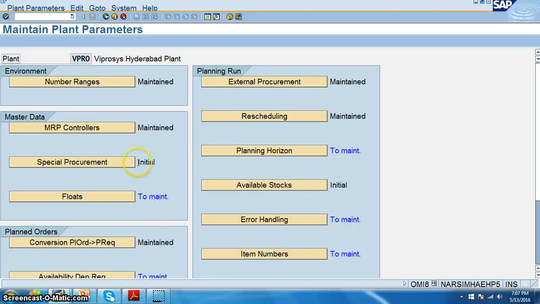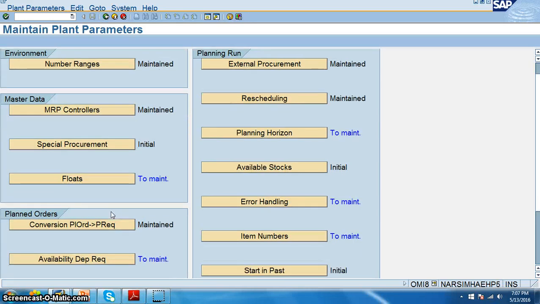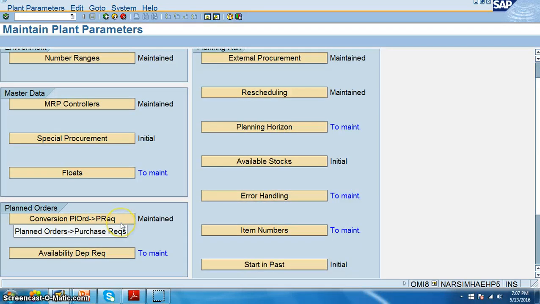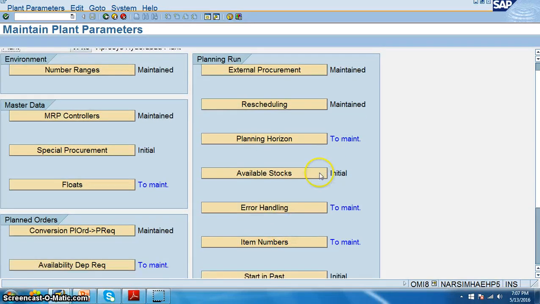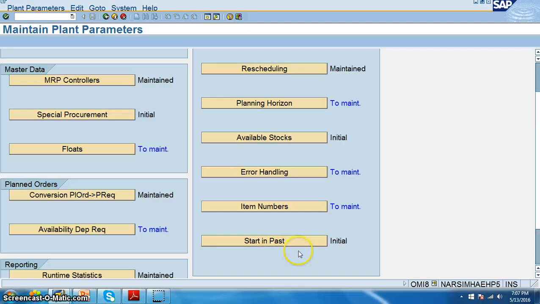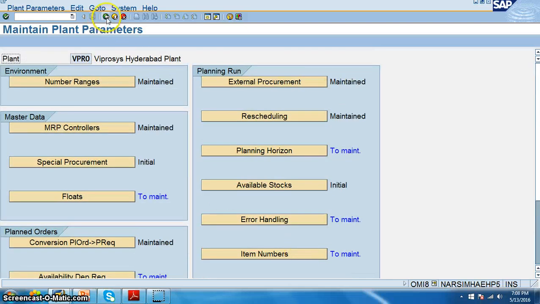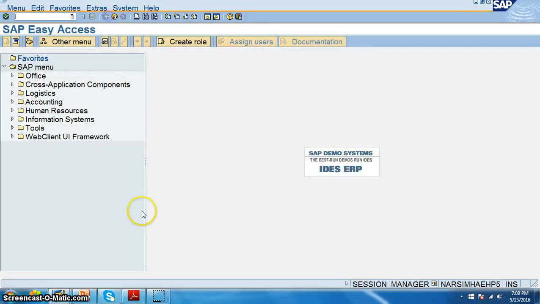So in this way we can maintain the number ranges for all special requirements, availability, departure request, and then external procurement, rescheduling, available stock, start, everything we can maintain. Okay, let's get back to that.